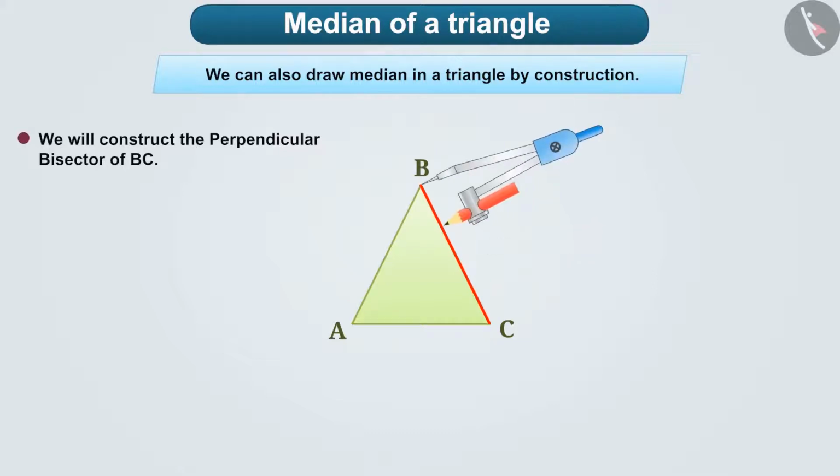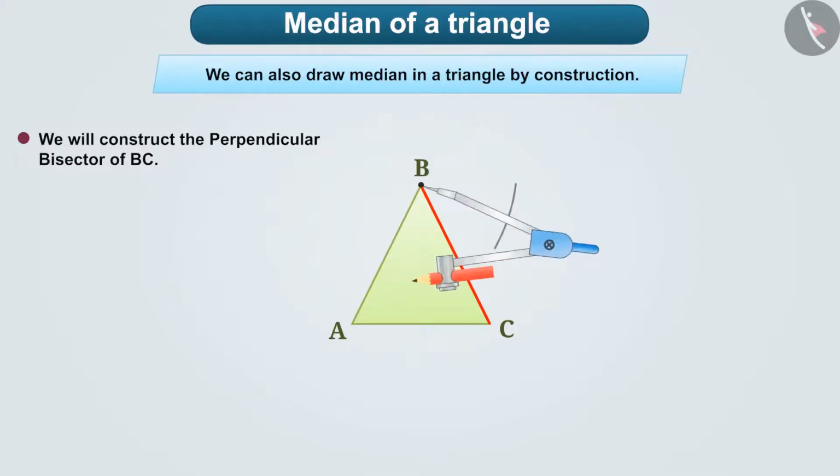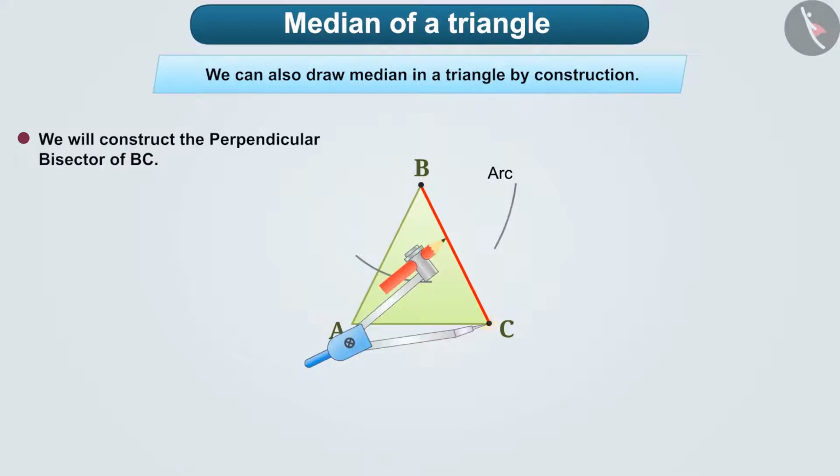We will take more than half the distance of the side BC in the compass. Then we will put the pointed end of the compass on the vertex B. Assuming B as the center, we will draw an arc that is above and below the side BC. Without changing the radius taken in the compass, assuming point C to be the center, we will draw an arc over the side BC, which will intersect the arc formed with point B